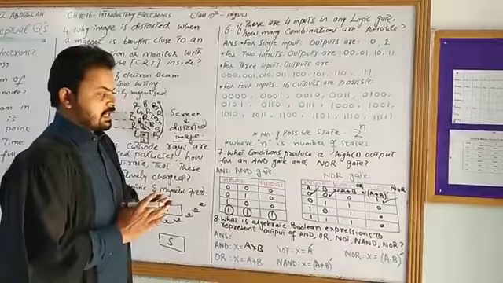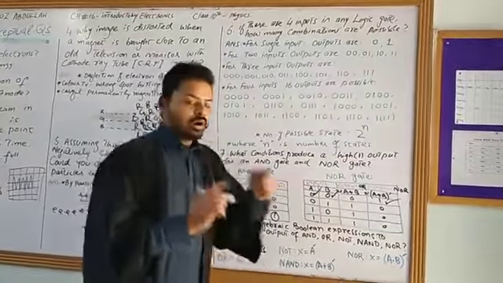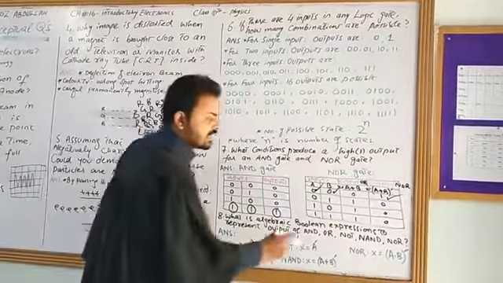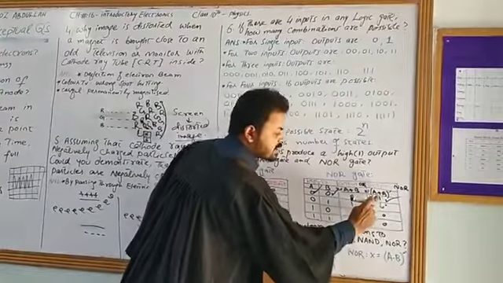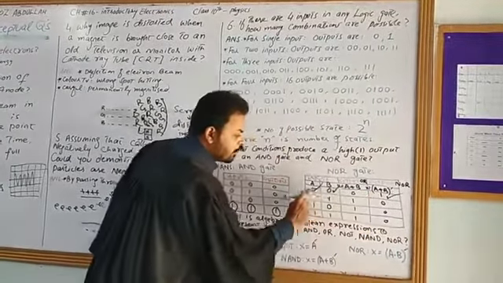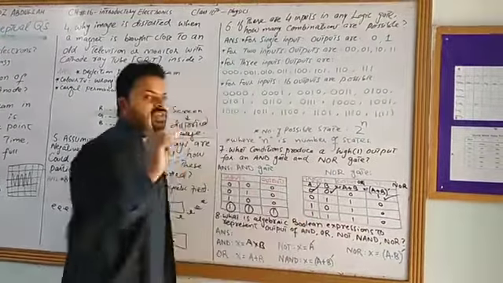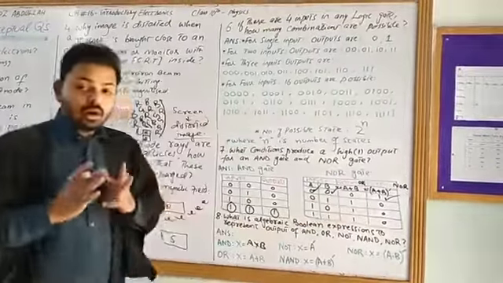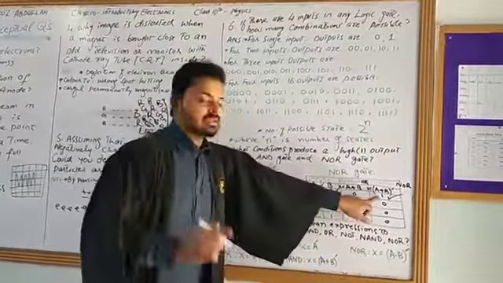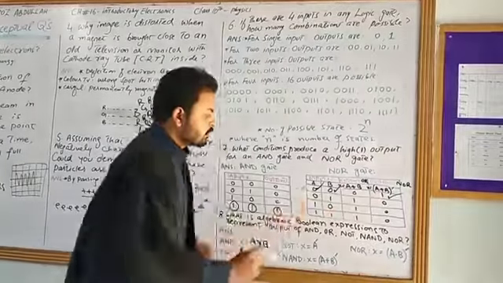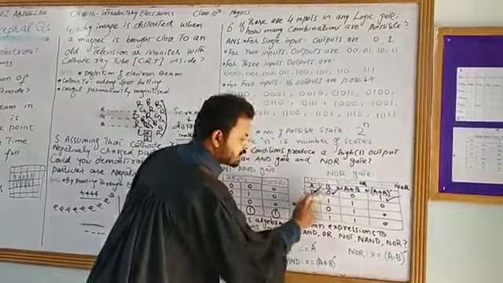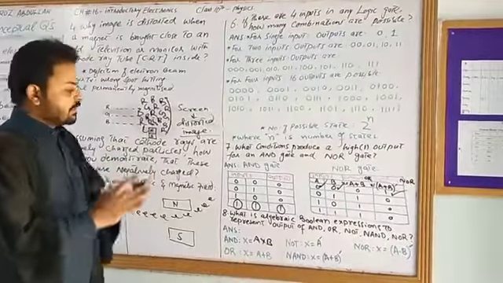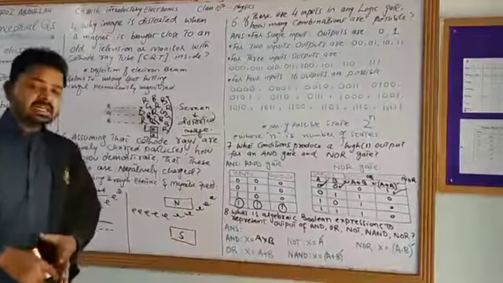So according to the question asked, they are saying that in a NOR gate, when the output is 1 or high, you will see that the NOR gate output is 1 or high when both the inputs are 0 or low. We can say that in a NOR gate the output is high or 1 when both the inputs are 0 or low. So this was all about question number 7. Coming towards question number 8. It says,